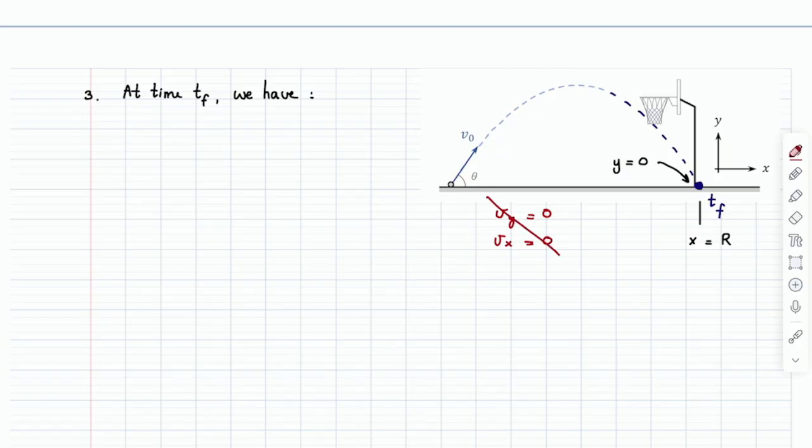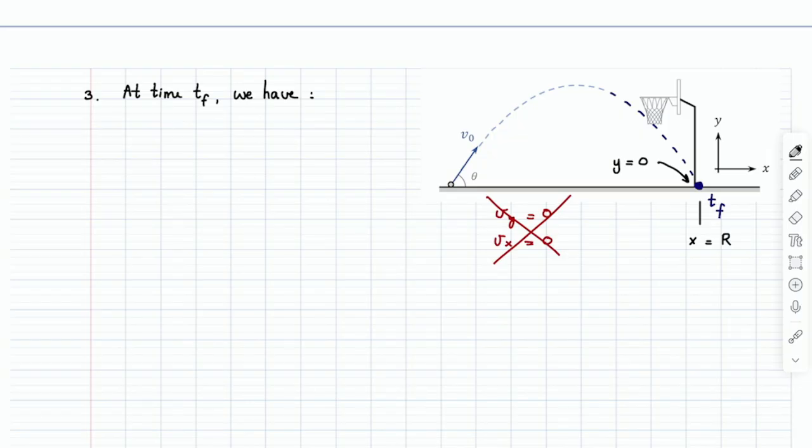You cannot say this, right? Upon impact, whether it's Tony Parker hitting the ground or a cannonball hitting the castle wall, upon impact, velocity is never 0. That's why it's an impact, right? Now, after the impact, yes, that's true. After Tony Parker hits the ground, he will come to a stop. So if I wait just a little bit more, he will come to a stop.